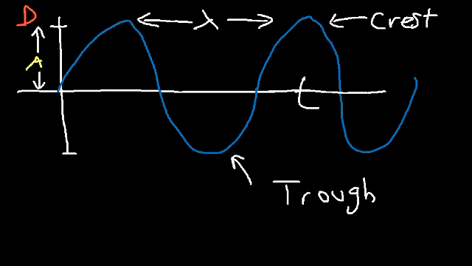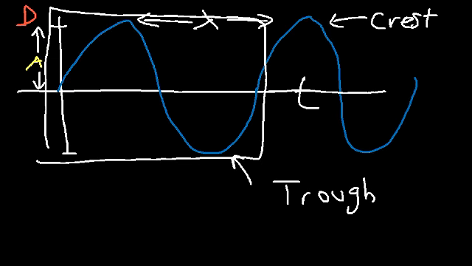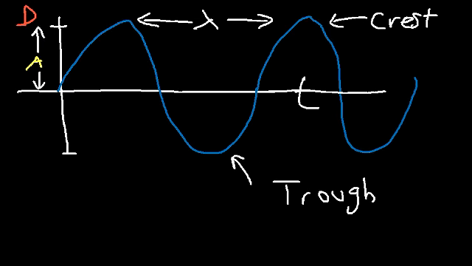One cycle is basically this portion of the wave. That's one cycle. The period, which is represented by capital T, is the time it takes to complete one cycle. So the time it takes to start from this position, go up to its maximum and back to its original value, and then go down to its minimum, back to its original value, that is one cycle. The time it takes to complete a single cycle is the period.